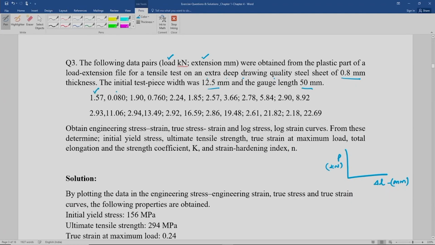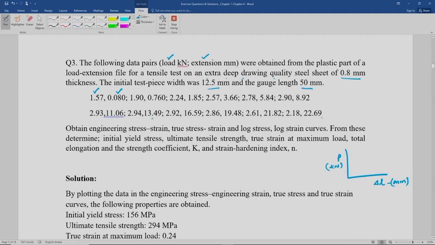So, this could be your load and this could be your extension. You start from 0.08, this is the load, 0.76, this is the load, 1.85, this is the load. It will keep on increasing in this way. All are given here. Now the question is, this is continuing 2.98, 8.92 and 2.93, 11.06. It is continuing here, and you can see 1.9, 1.85, it is increasing, 2.57,